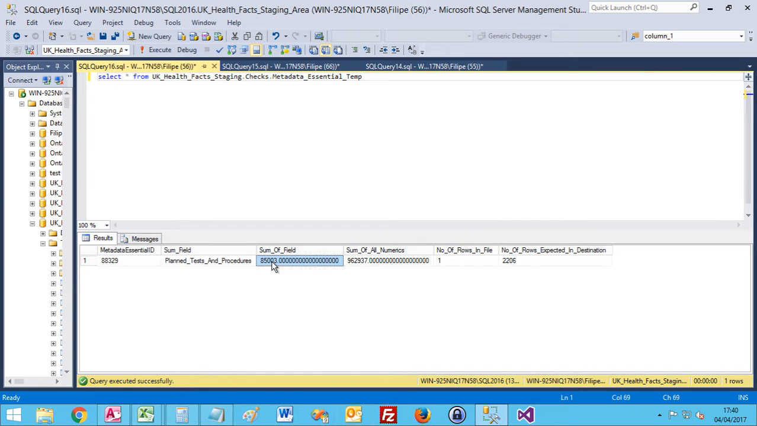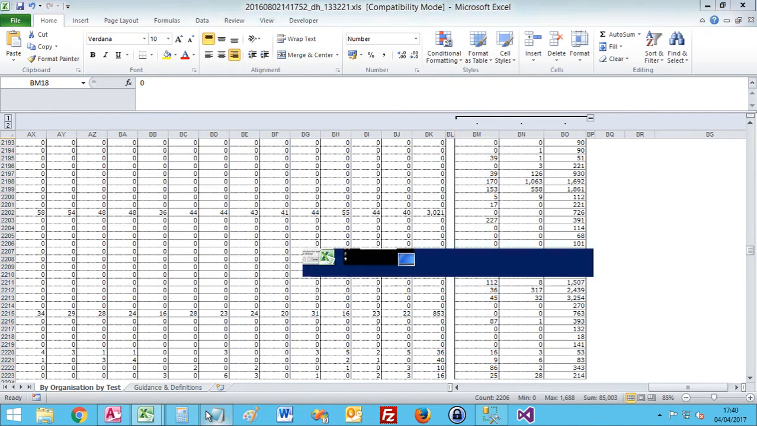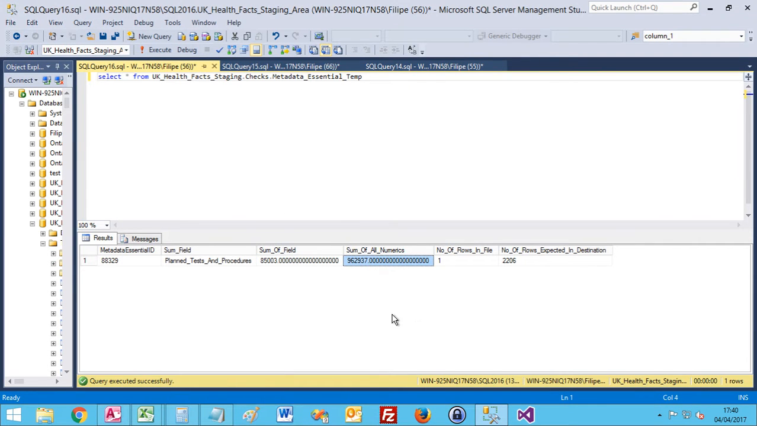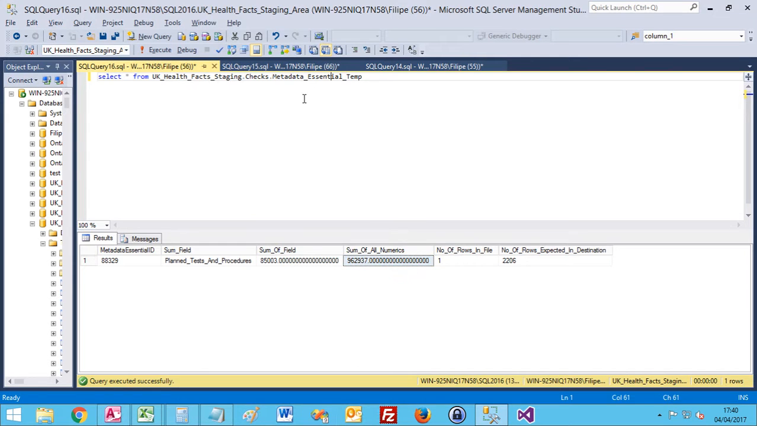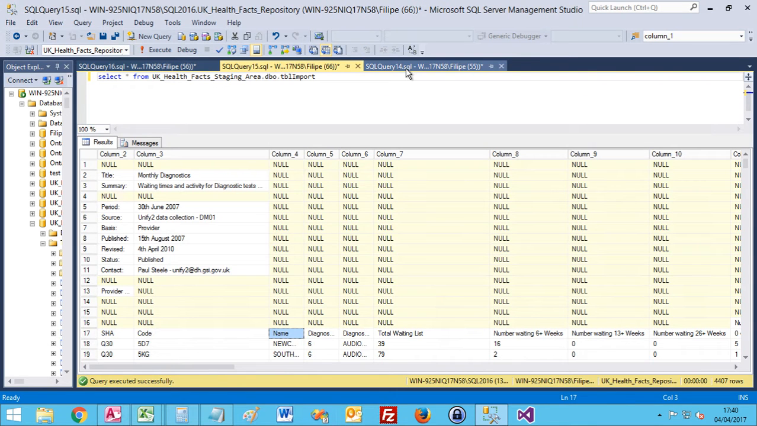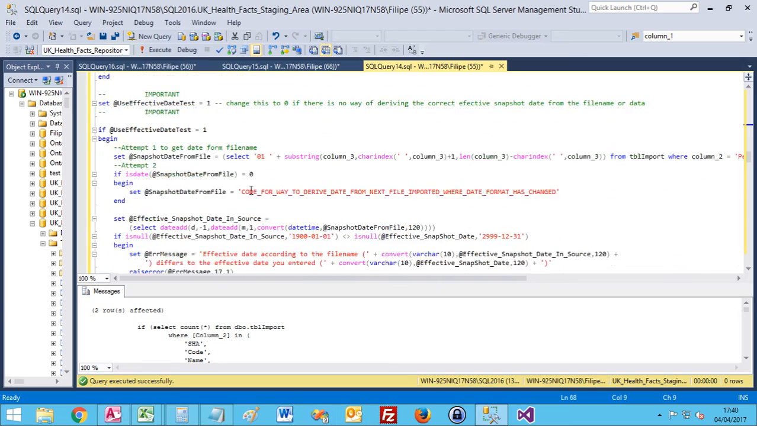The sum of the planned test and procedures field should be 85,003. And it is 85,003. The sum of all of the fields should be 962,937. 962,937. Good. So I'm happy that the test values are working. Now we move into the last part,